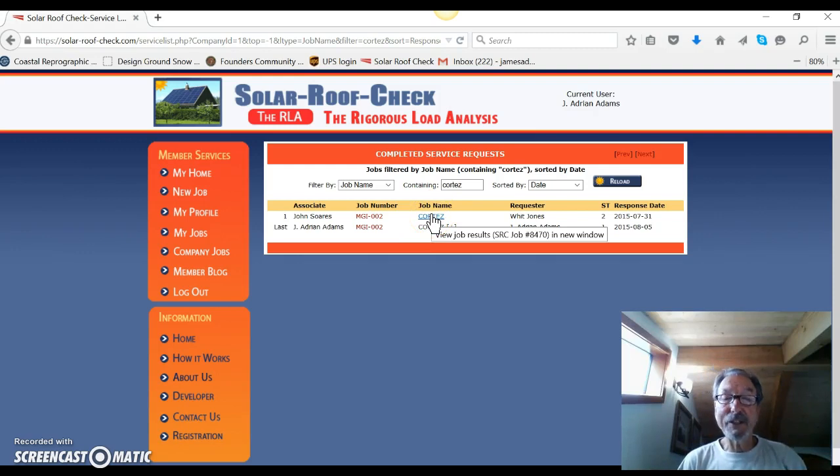The interesting thing is that if you want to click the job number on any screen, if you see the job number, if you want to see the audit trail,